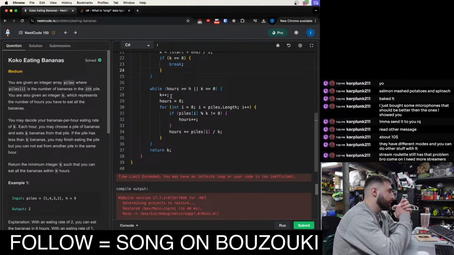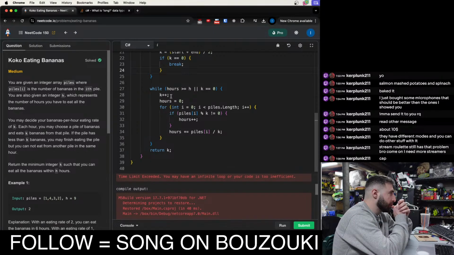Okay, so we increment k, and then we calculate hours plus, and if it's not greater than or equal to, interesting. I wonder,